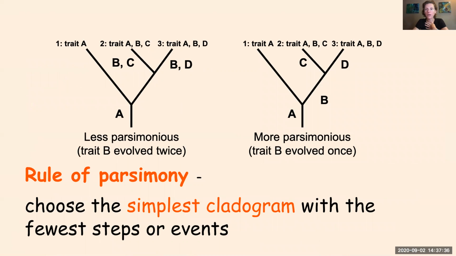The rule of parsimony. So this is basically just saying that the simplest explanation is probably the most likely explanation. So if you are computer algorithms and you're trying to figure out which species are related, and there's a really complex explanation and there's a very simple explanation, you go with the simple explanation. It's kind of like Occam's razor, if you've heard of that. You go for the simplest option, and that's the governing principle as far as creating some of these computer algorithms